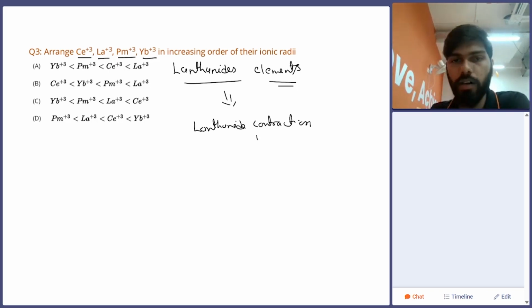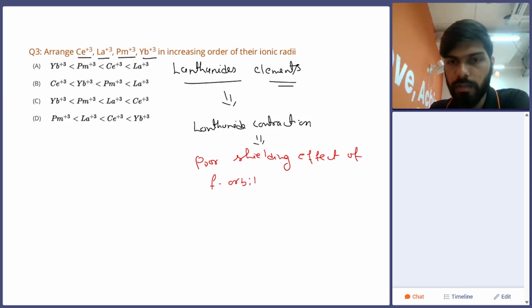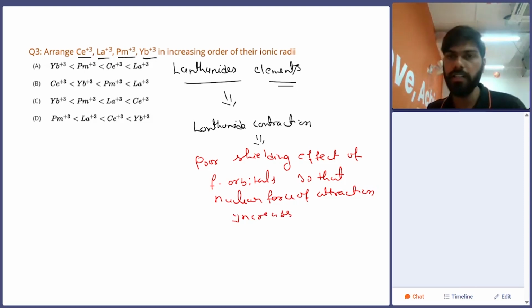Now what is lanthanide contraction? Lanthanide contraction is the poor shielding effect of f orbitals, so that the nuclear force of attraction increases. If the nuclear force of attraction increases, so when we are going from top to bottom,